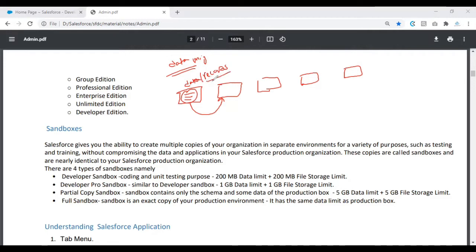When I say data, you can think that we are talking about records. When I say code, we are talking about metadata. When I want to move my records from one org to another org, that is where my data migration comes into the picture. The second way is if I have a single environment, be it production, be it sandbox, whatever it is,